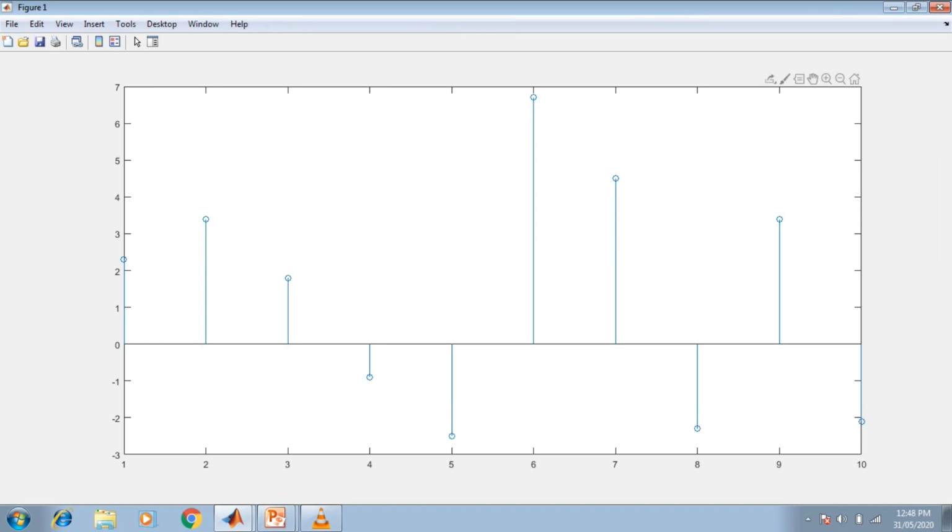Here is the first sample, and we have the amplitude 2.3 as specified, the second sample with the amplitude 3.4, third sample with 1.8, fourth sample with minus 0.9, fifth sample with minus 2.5, sixth one here holding 6.7, the seventh one 4.5, eighth one minus 2.3, ninth one 3.4, and lastly the 10th one holds the amplitude minus 2.1 here. So this way we can have the generation of the discrete time random process.